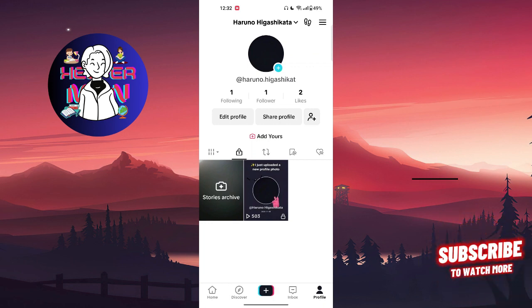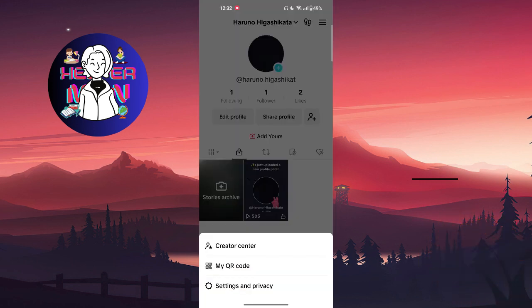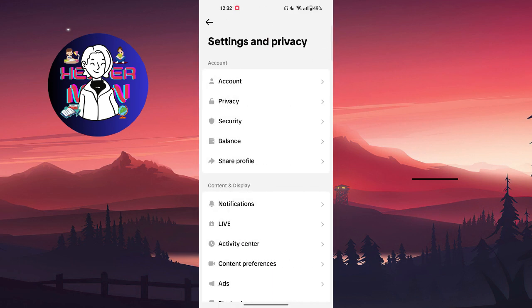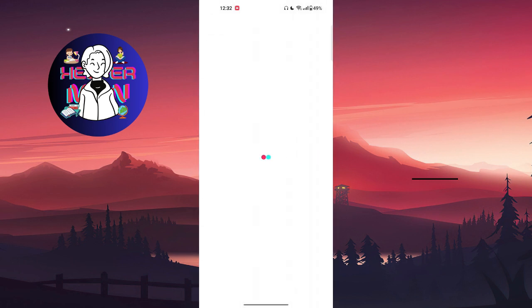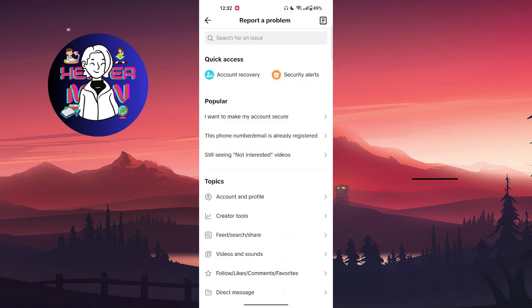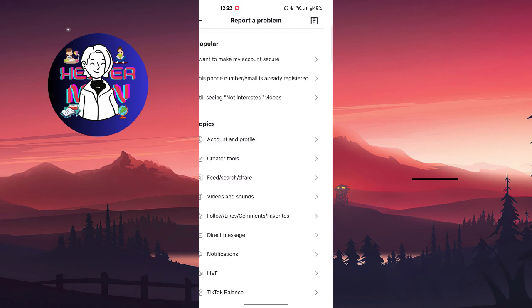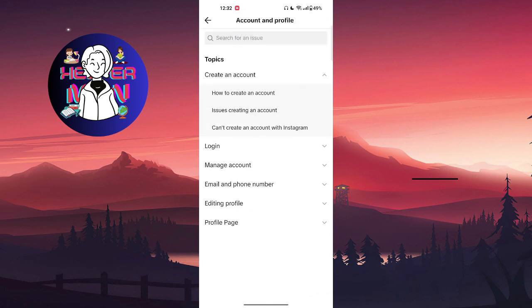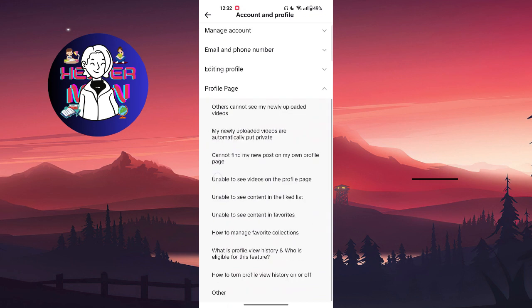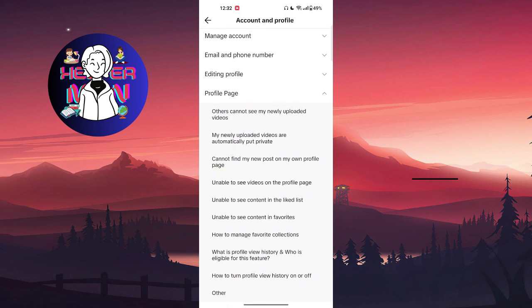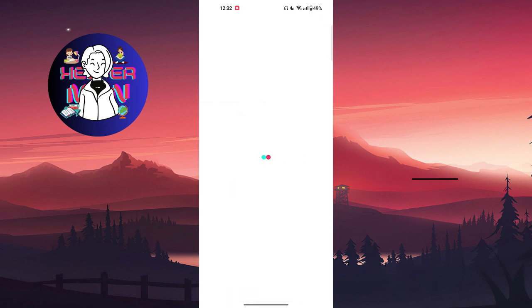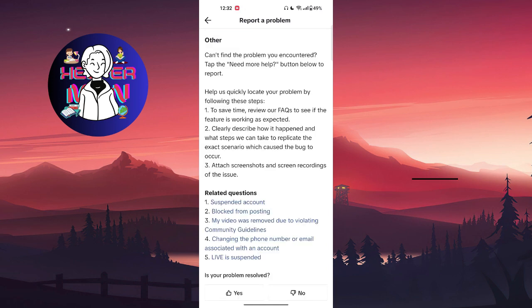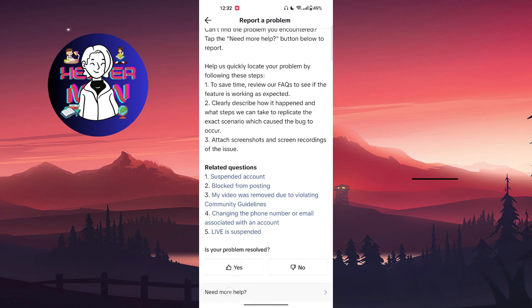At your profile page, you're going to choose the three lines at the top right and choose Settings and privacy. You're going to scroll down and go to Report a problem, and go to Account and profile. Now you're going to choose Profile page and choose Other. Right here you're going to choose Need more help,